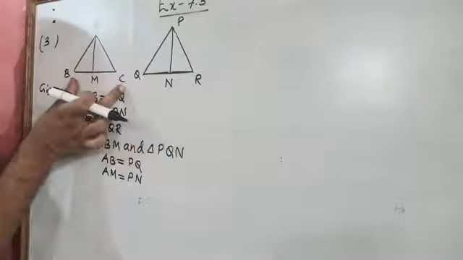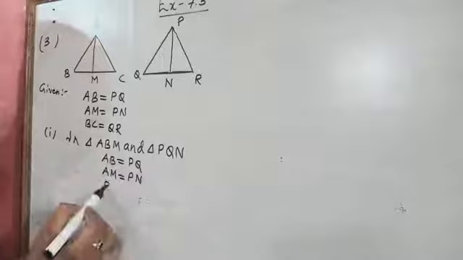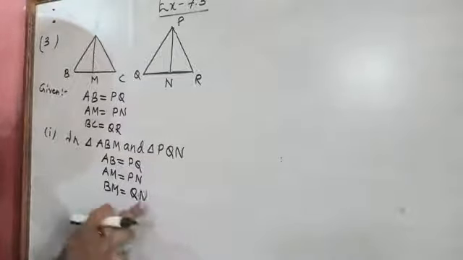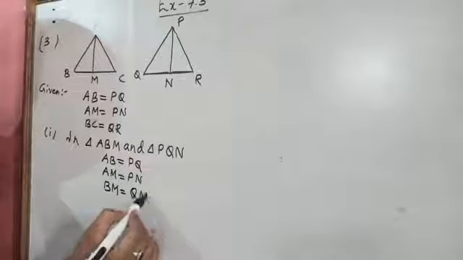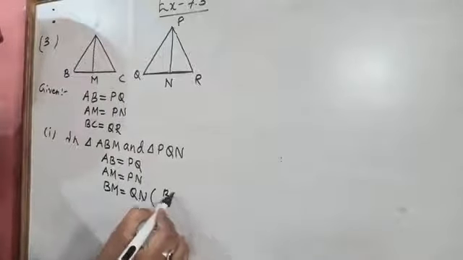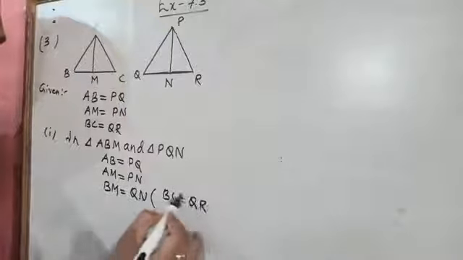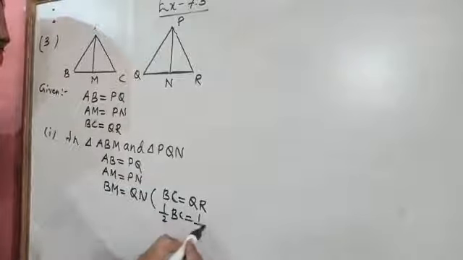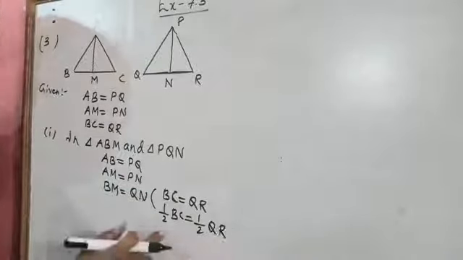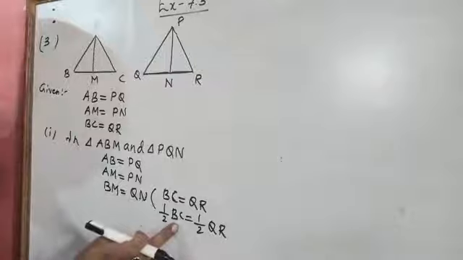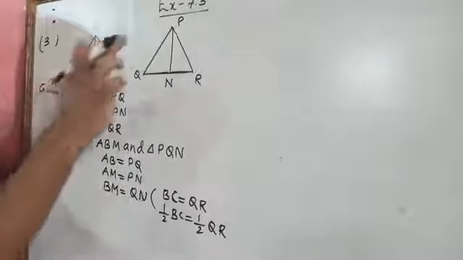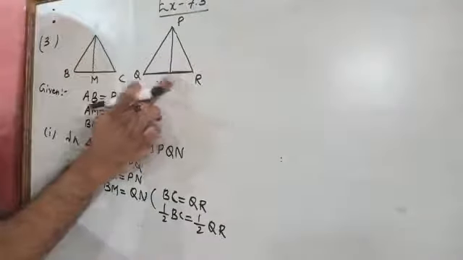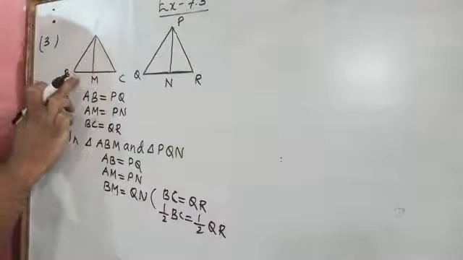So half BC we can write, BM equal to QN. We will write BM is equal to QN. This side came equal because we write in the bracket that BC is equal to QR. It is mentioned in the question. Half BC will be equal to half QR. In place of half BC, we can write BM, and in place of half QR, we can write QN. We can write CM also and NR also, but I am writing BM because we need BM and QN